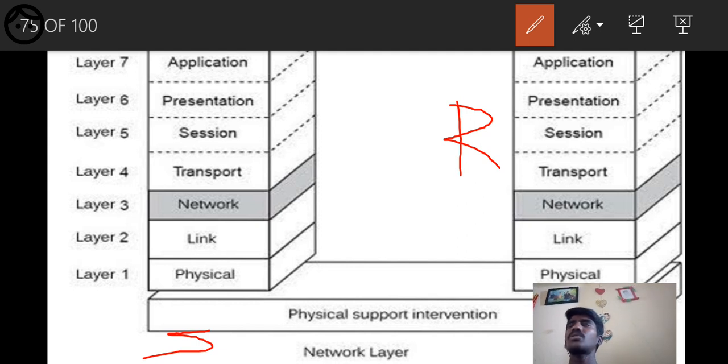Thereafter it carries it to the data link layer, where it adds the MAC address. Thereafter it goes to the physical layer, which converts the data into bits, like zeros and ones.